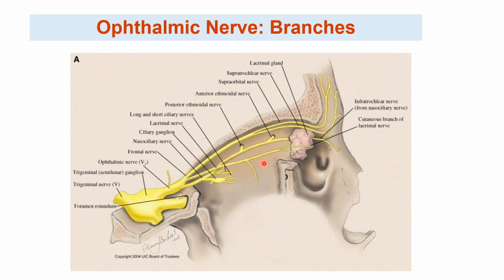So before we begin with the cranial nerves, oculomotor, trochlear, and the abducent nerve, let's begin with the ophthalmic nerve. We know that this ophthalmic nerve comes from the trigeminal nerve. This is the trigeminal nerve, which gives off three branches: the ophthalmic, maxillary, and mandibular nerve. The ophthalmic division goes into the superior orbital fissure, the maxillary nerve goes into the foramen rotundum, and the mandibular nerve goes into the foramen ovale. So in the orbit, we are concerned with the ophthalmic nerve.